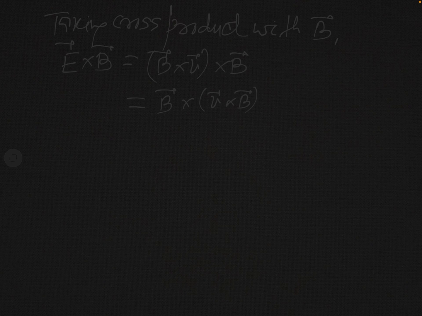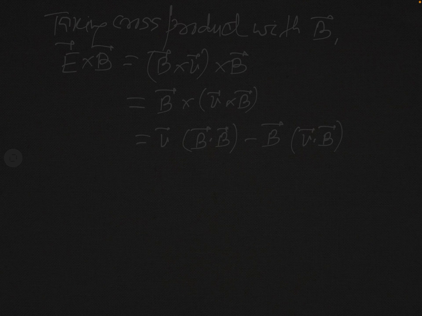So this expression can be written as B cross V cross B. Now from the definition of the triple vector product, you may write this expression as V into B dot B minus B into